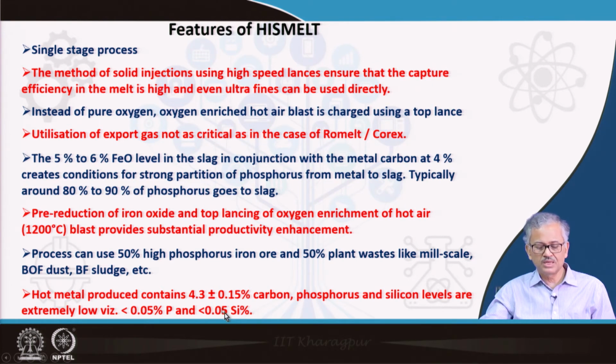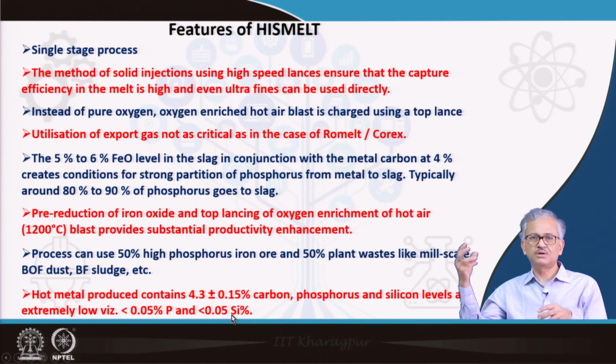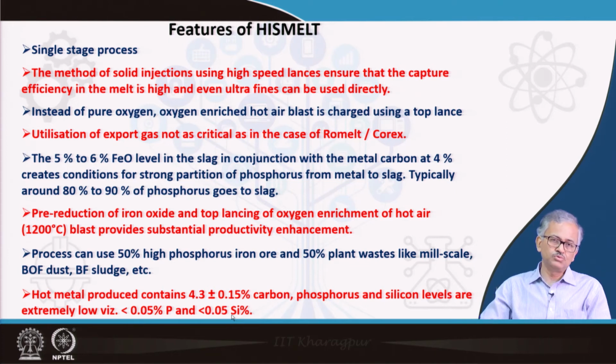So, it is almost like a steel, only carbon has to be eliminated. From this hot metal, if you take out the carbon, then steel is made. So, you do not have any load on the phosphorus and silicon for the steel making, very few loads. A small amount of phosphorus and silicon has to be removed during the steel making process, only carbon has to be removed. Okay. So in this process the hot metal quality is much superior to the blast furnace also. Okay. So this is the Hismelt process.